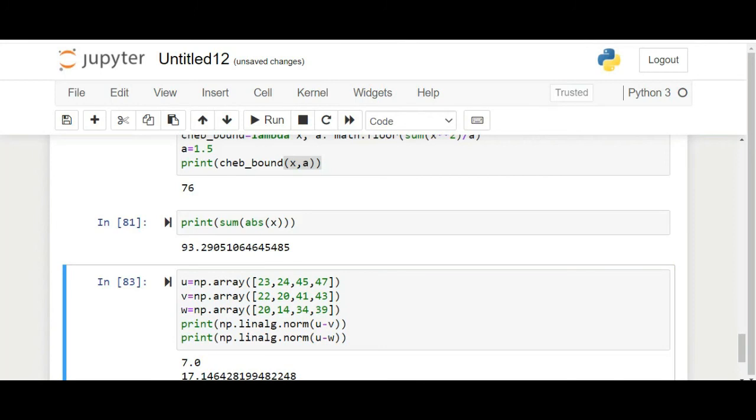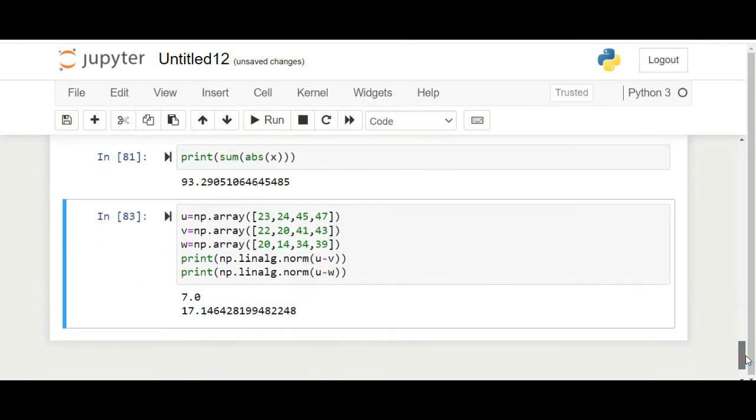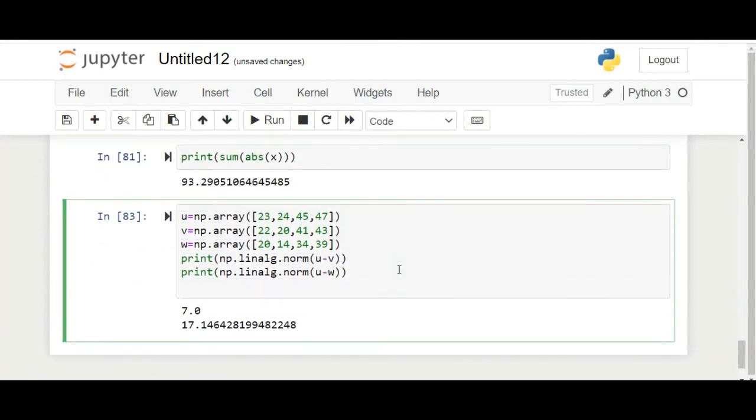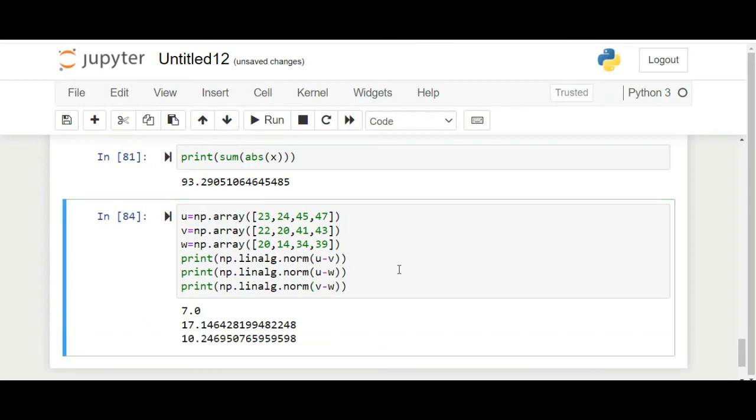Our answer will be 17 point something, and if we write print, inside the parentheses np dot linalg dot norm, inside the parentheses we will write v minus w. Our answer will be shown. So this is the code to find the distance,